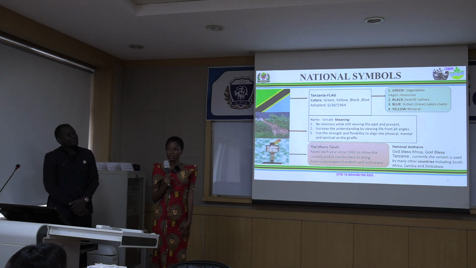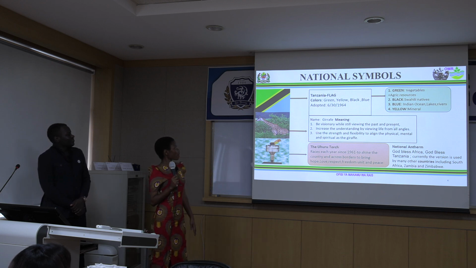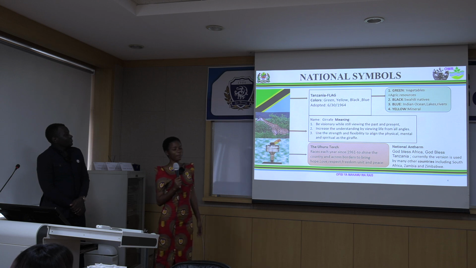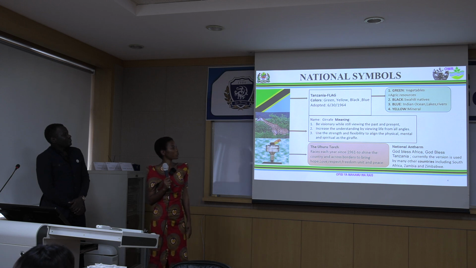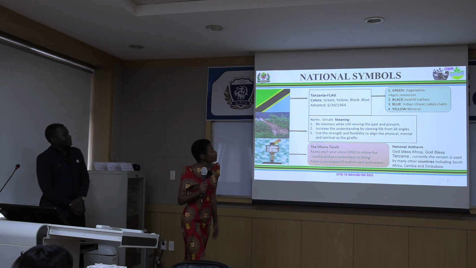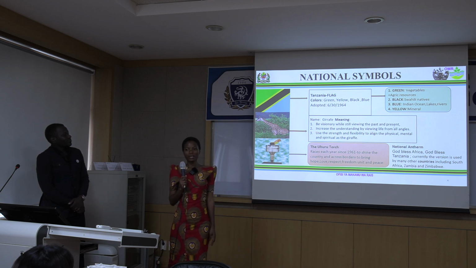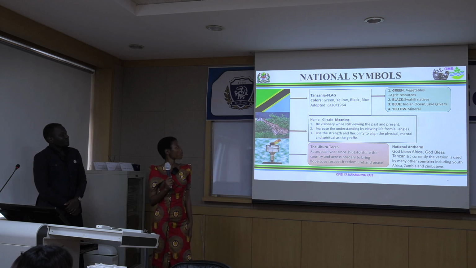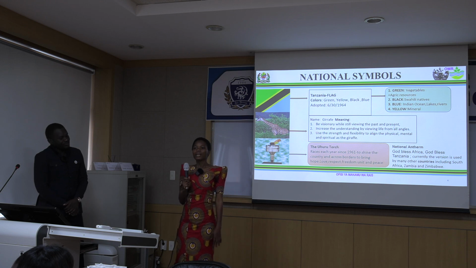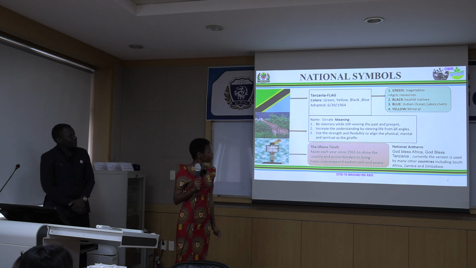Okay. Our national symbols. In order to identify Tanzania, we have different national symbols. We have our national flag, as you can see from there. Our national flag has 4 colors. Each color has its own representation. Green shows the richness of our agricultural resources and vegetation. As we know, most of the African countries depend on agriculture, which employs about 80% in our country. And the contribution to GDP is about 29.1.